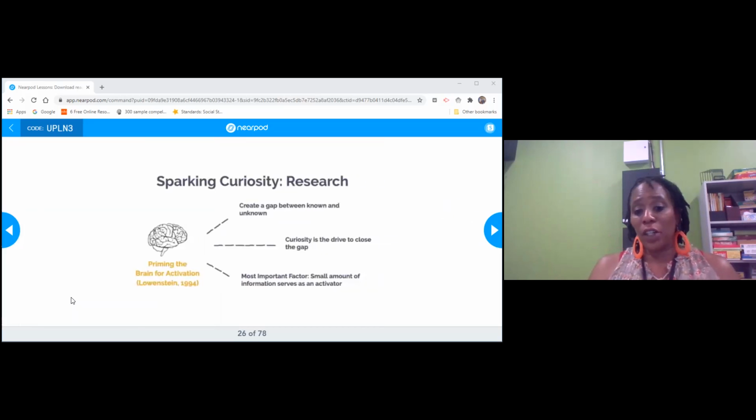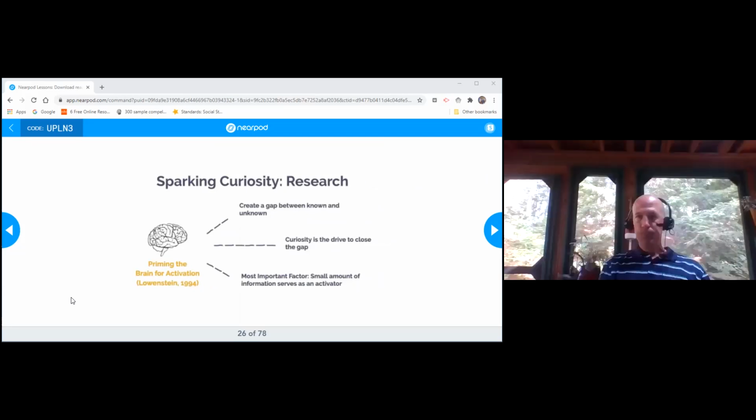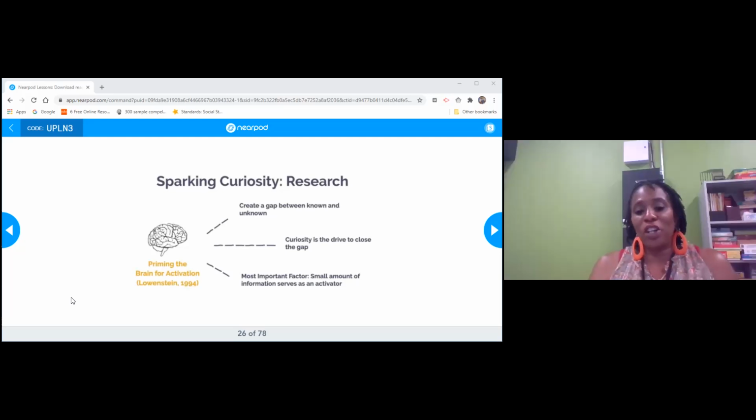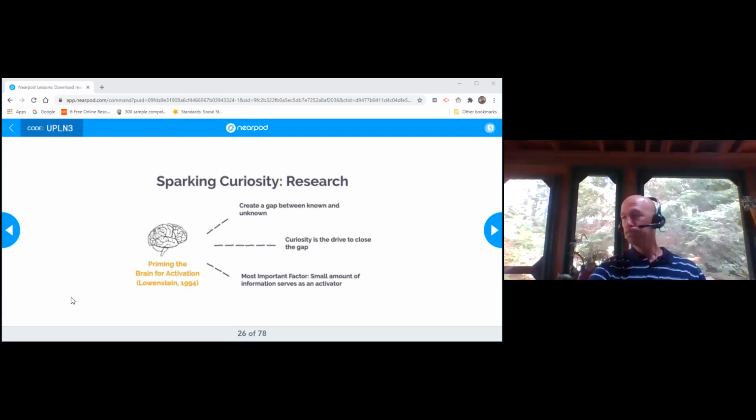The brain is made for inquiry. And so I use this idea of priming the brain for activity, of starting off with that image that they just want to know more about. And the great thing about history is it's a story. And when we start off with that image, we kind of give them a taste of what that story is about, and they just want to know more about it. So that's why we're encouraging that our brain is ready for it. And aren't kids curious about things? Well, inquiry helps them do it because they're asking questions about it.